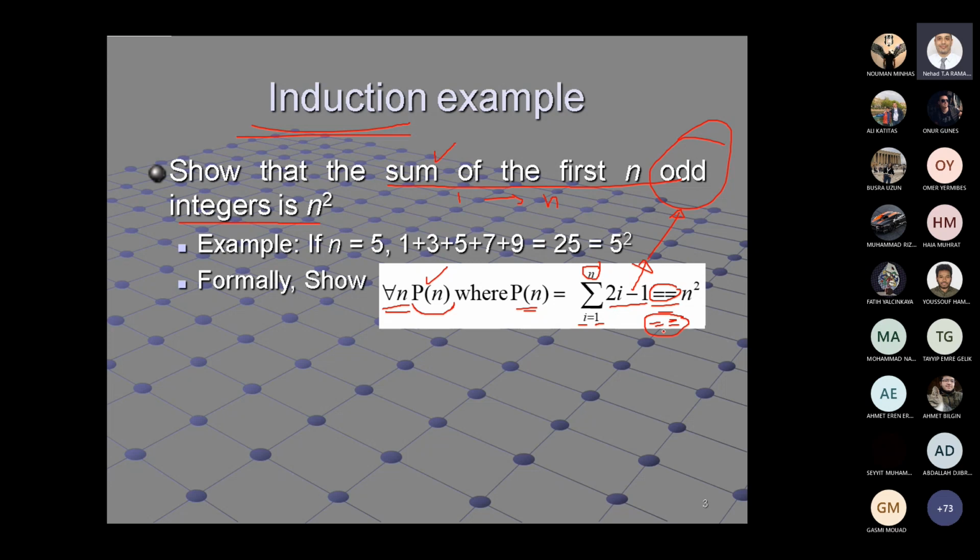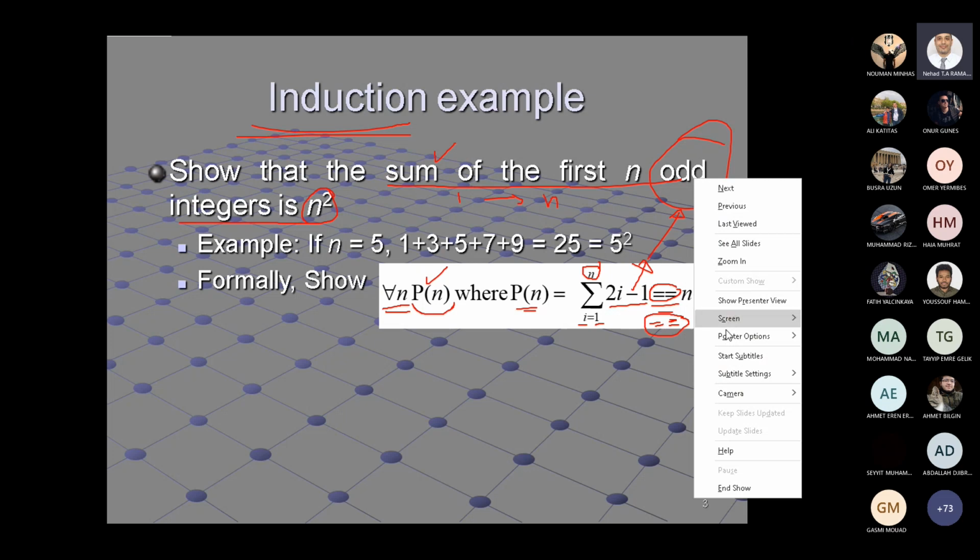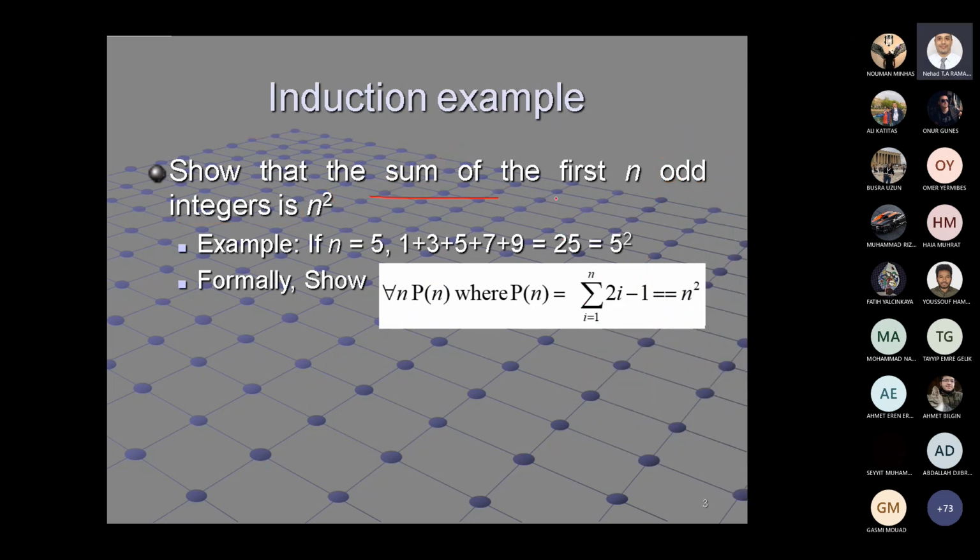We need to prove that it's equal to n to power 2. So this is the writing of this statement as an equation. The mathematical expression here: P(n) equals the summation from 1 to n, first n odd numbers from 1 to n, because it's odd,